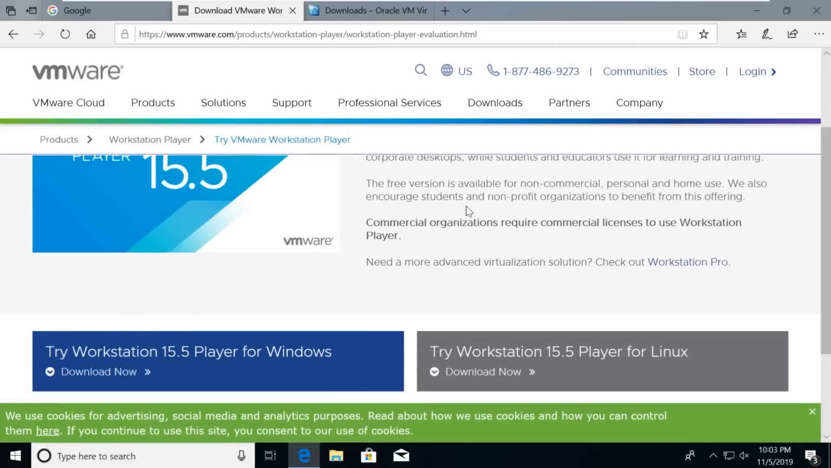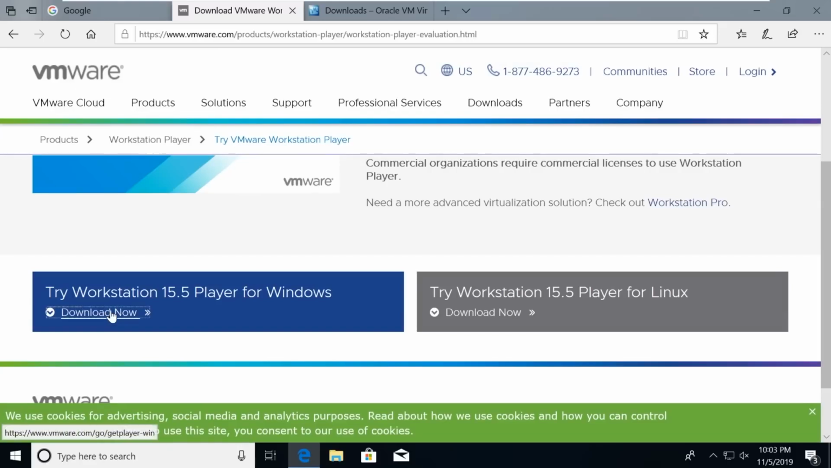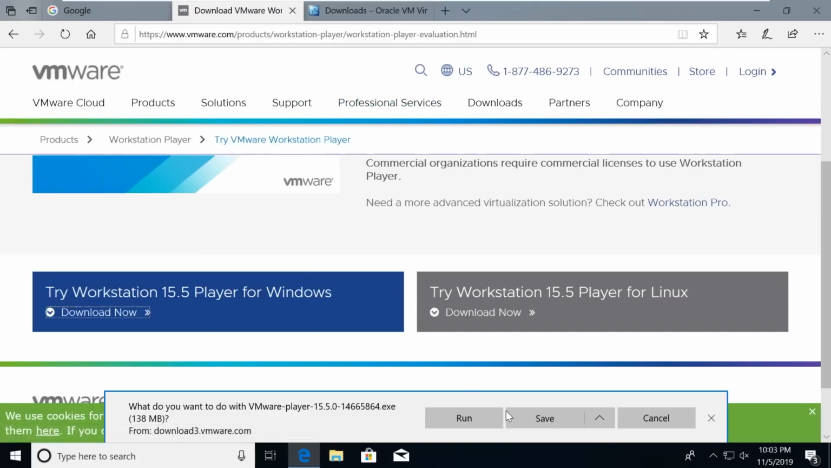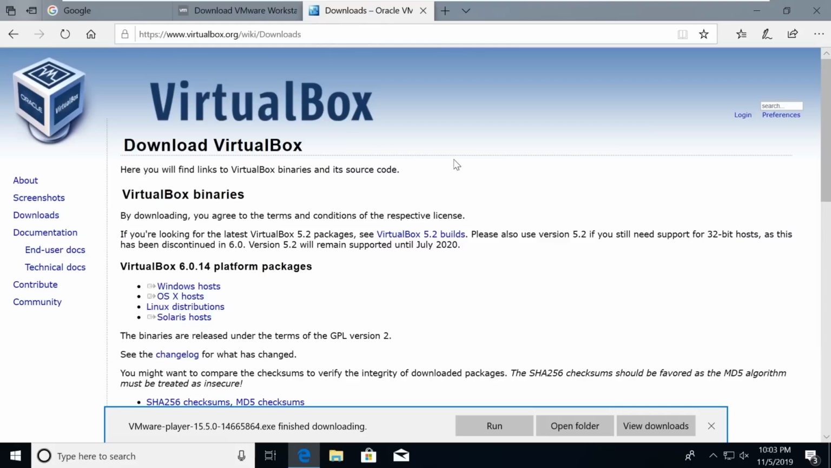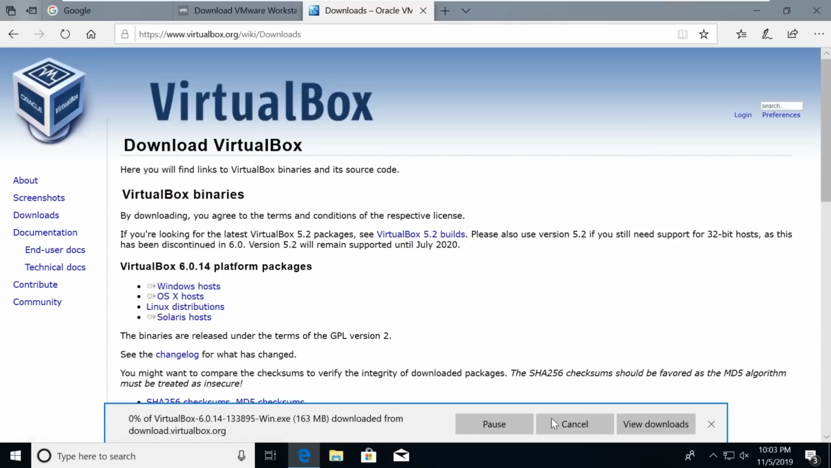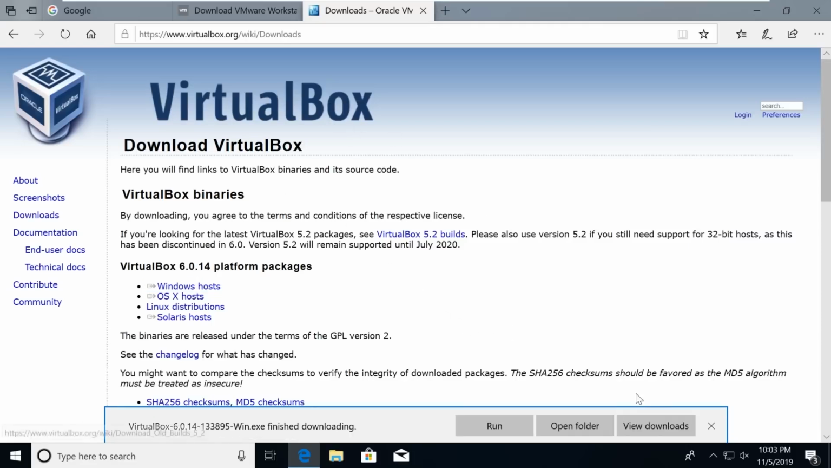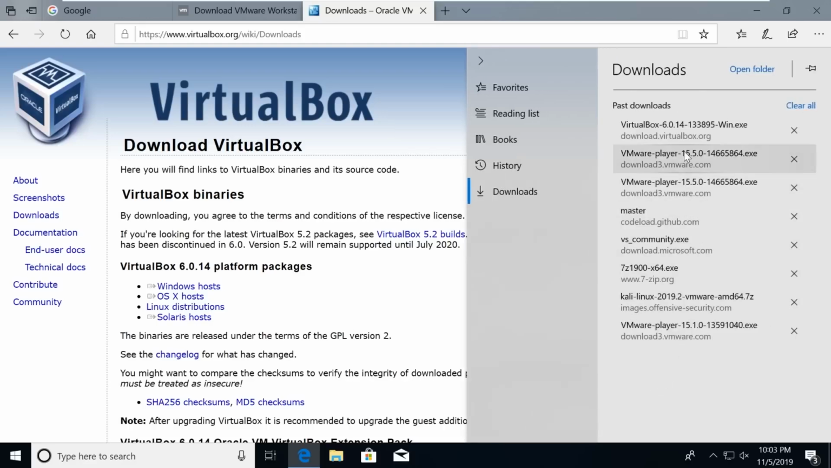All you need to be able to do is follow the same instructions that I give you, and you will be A-OK. So if you scroll down here, you can see try Workstation Player for Windows or try Workstation Player for Linux. Go ahead and just select Download Now. That should bring up a download, and go ahead and save it. If you're doing VirtualBox, go ahead and download for OS X. I will download the Windows version just so that we can see what that looks like as well. So I'll save both of these. So let's view our downloads, and we've got VMware Workstation Player here. I'm going to go ahead and open this one,